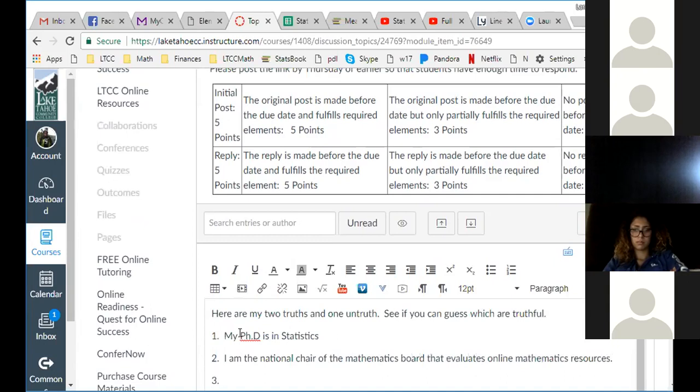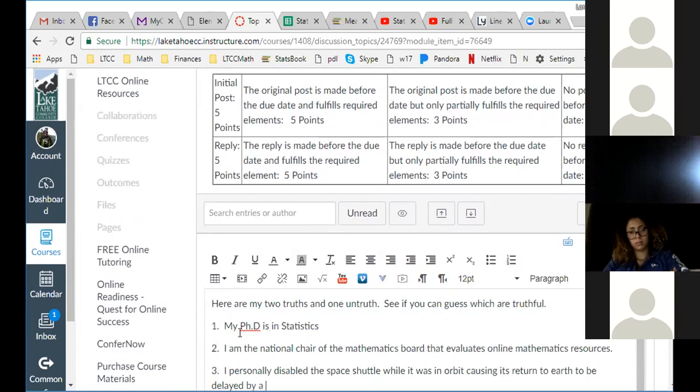And number 3, just for fun, is I personally disabled the space shuttle while it was in orbit, causing its return to Earth to be delayed by a day.